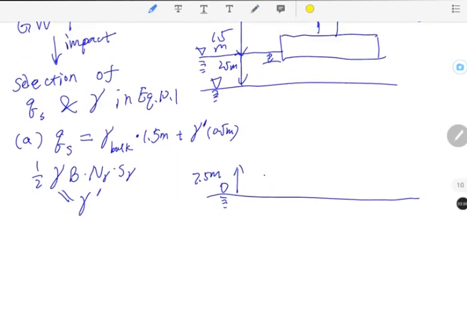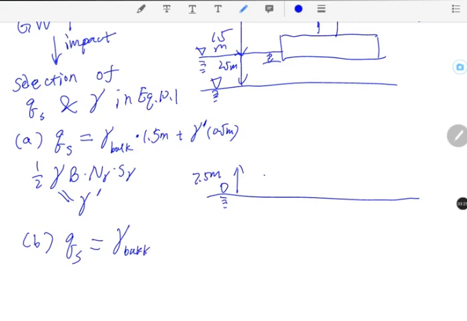And part B, the groundwater table is beneath the bottom of the footing, so QS should be the bulk unit weight of the dry sand times D, which is the embedment depth of the bottom of the footing. And for the unit weight term in equation 10.1, we again use